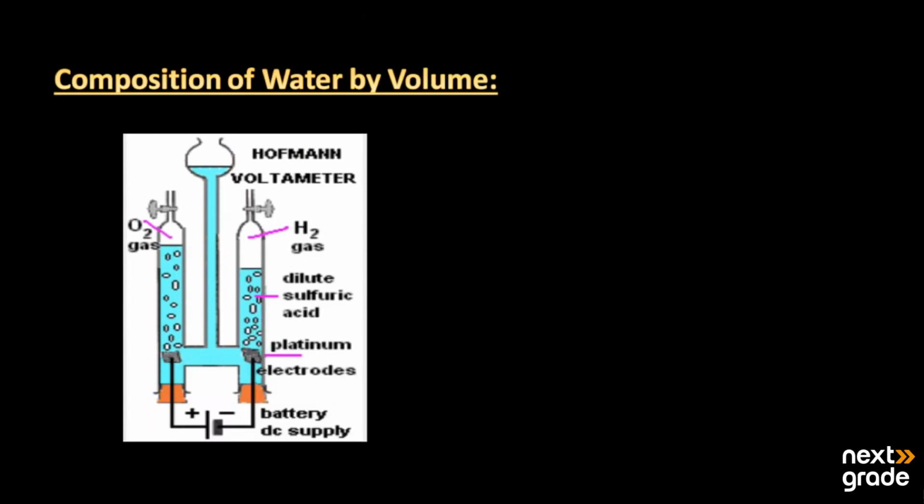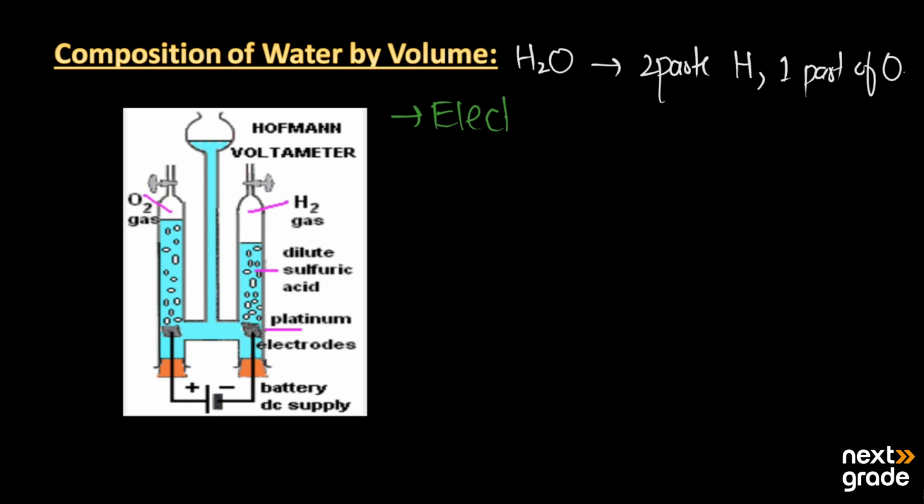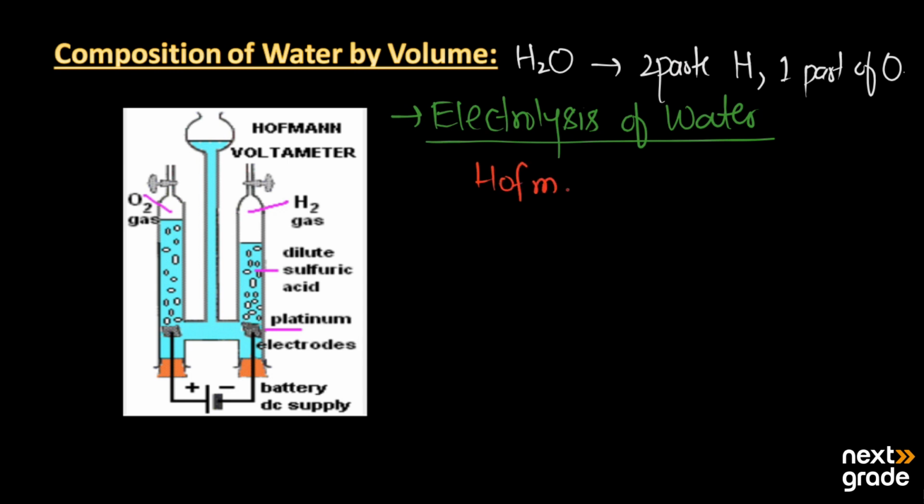Next, we have the composition of water by volume. Basically, according to its formula, water contains two parts of hydrogen and one part of oxygen by volume. And this ratio is determined experimentally by the process known as the electrolysis of water. It happens in an apparatus named Hofmann's voltameter,